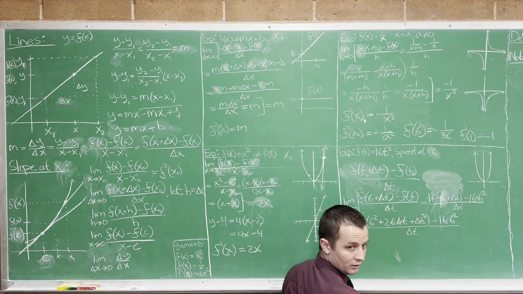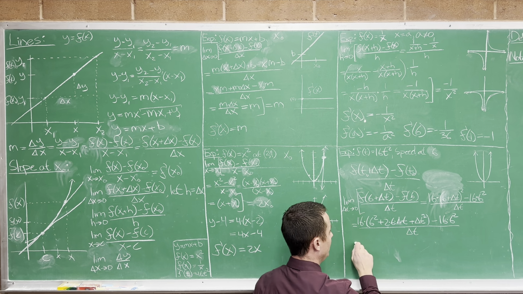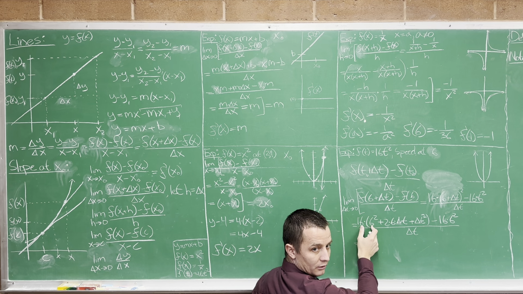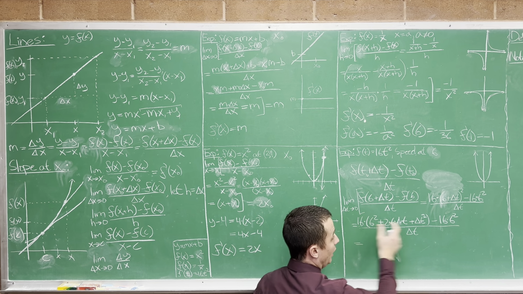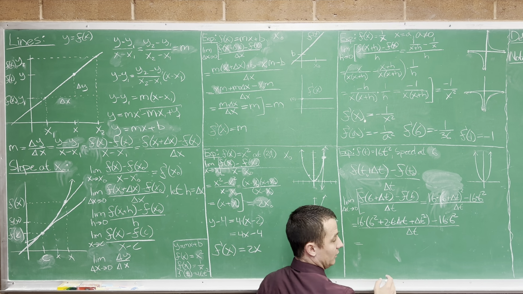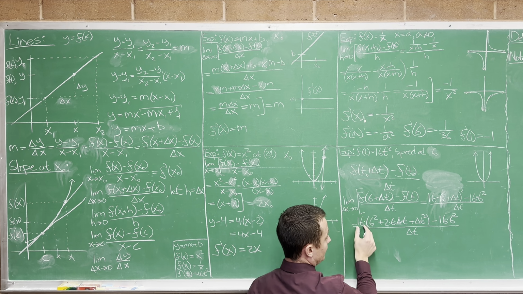Anything weird? I think we're good. Okay. So now 16 times 6 squared is 16 6 squared. But we have a negative one of those right there. Yeah. So that one will cancel out. Yep. So we still have the 16